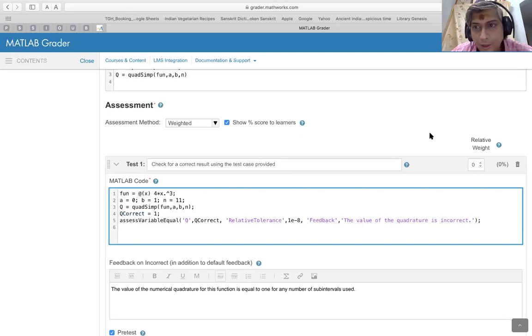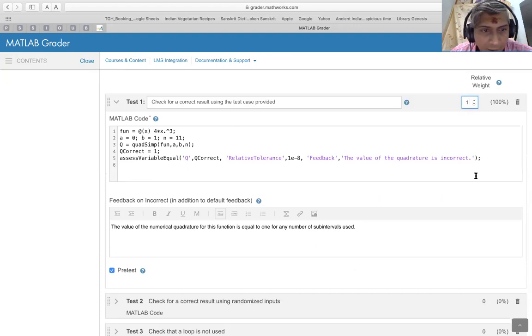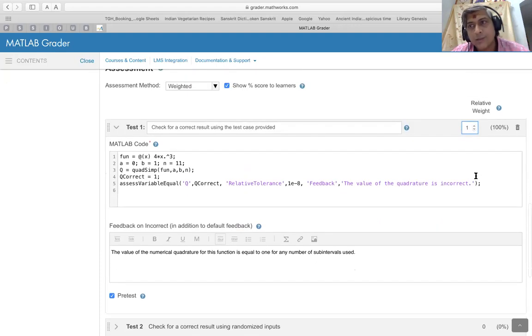Now, let me show you what this relative weight does. If I change the relative weight to 1, then what this means is that I'm assigning some marks to this. If I change it back to 0, essentially it means that I'm not going to assign any mark to this.